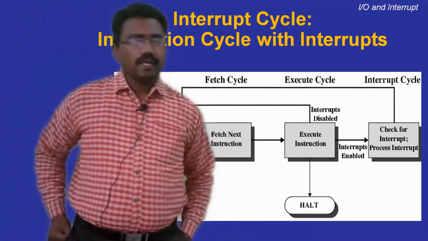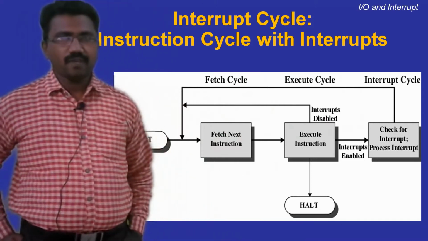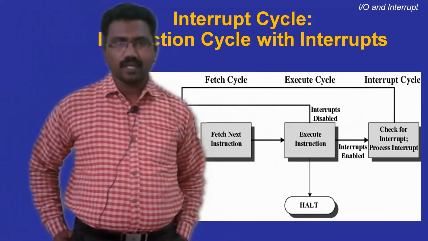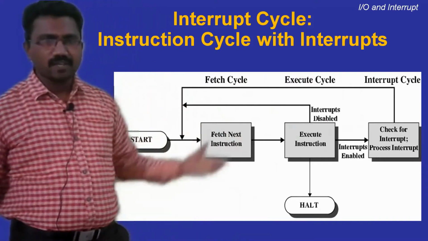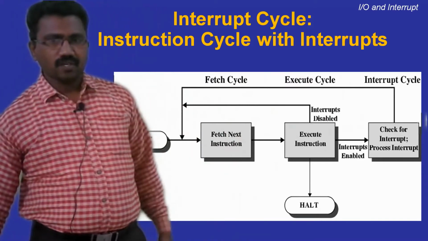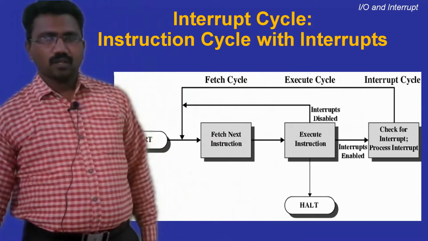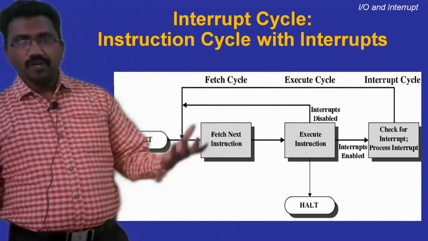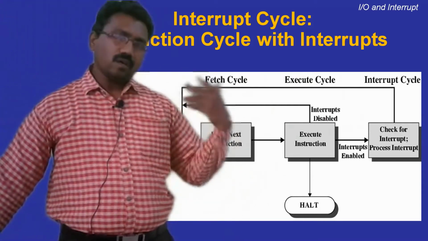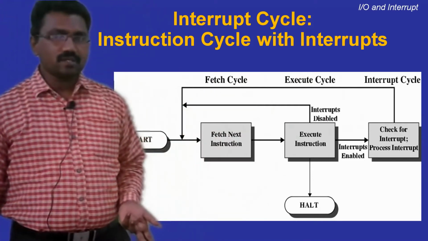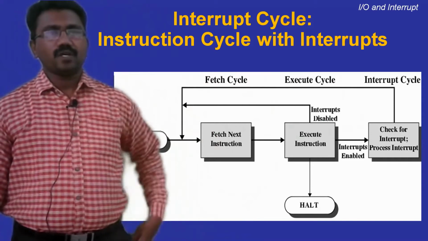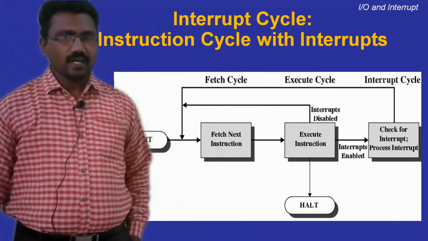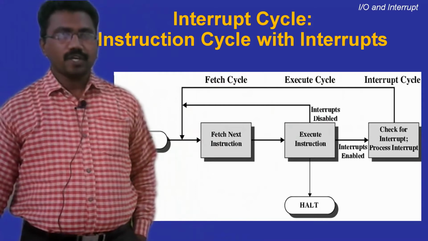Now we'll see the interrupt cycle in the basic computer. Every different processor has its own interrupt cycle. Operations are different. The basic concept is the same, but operations differ from one computer to another. Just now we discussed that the return address will be saved in registers in some computers, in the stack in some other computers, and in memory locations in others. In the basic computer, the return address will be stored in memory location 0.